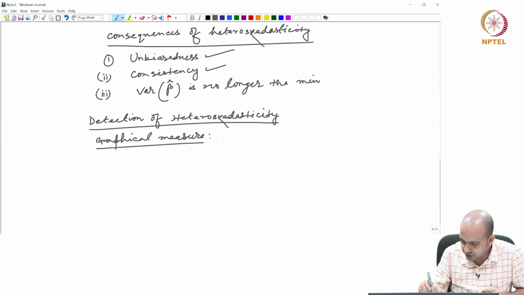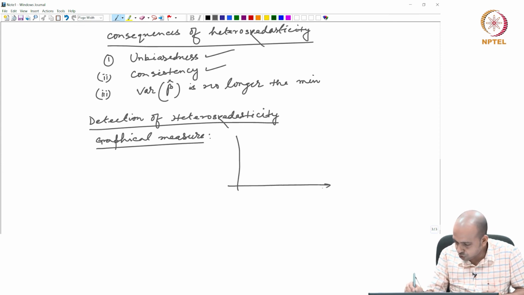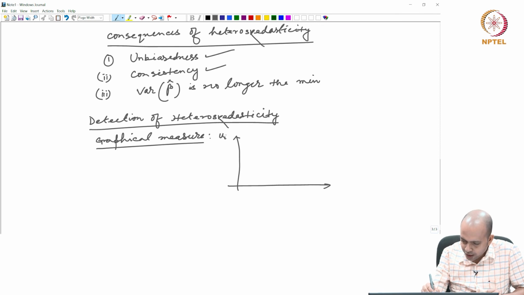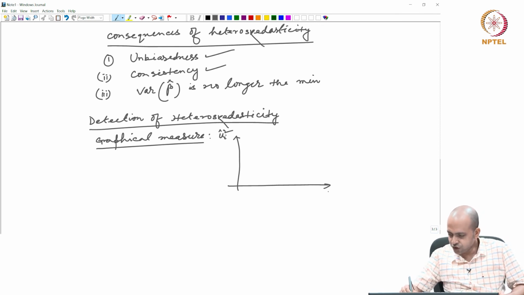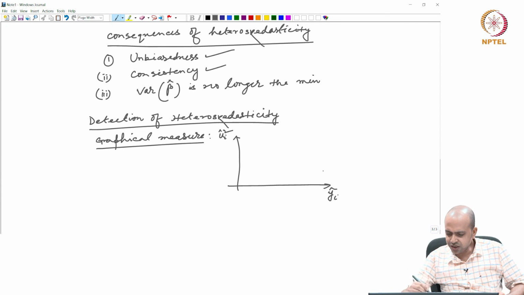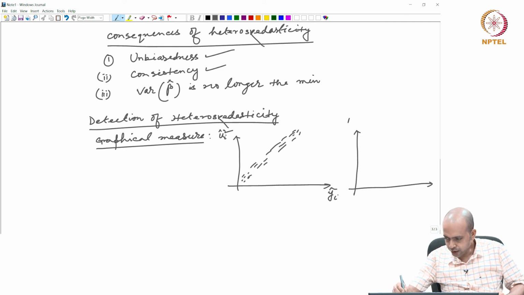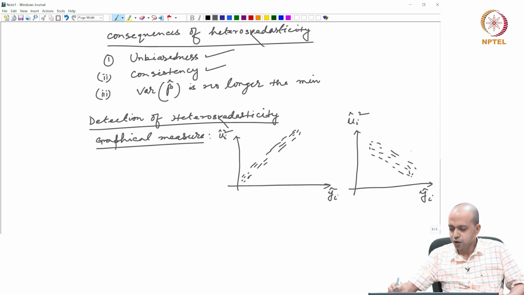The graphical measure says, after estimating your model, you plot your ui hat square against your yi hat, and if you see some kind of pattern, either this type or let us say this type, ui hat square, then this is yi hat, or let us say this type, some kind of downward. So, both these conditions say this is heteroscedasticity,